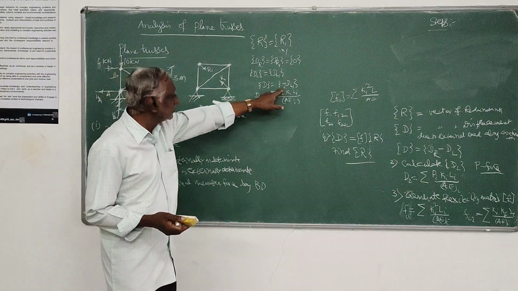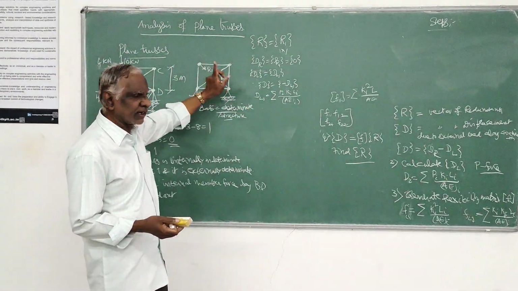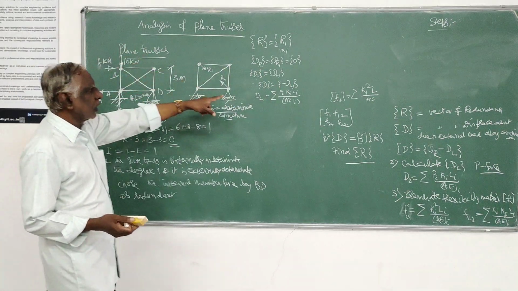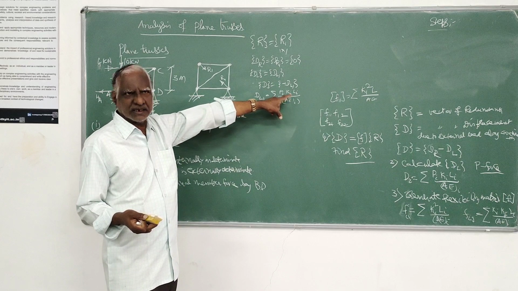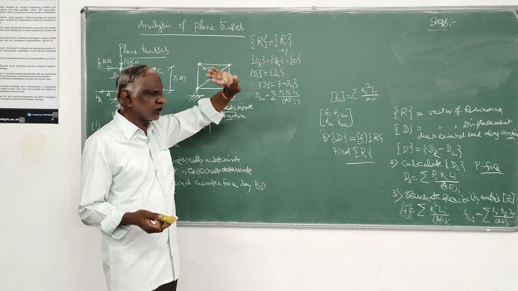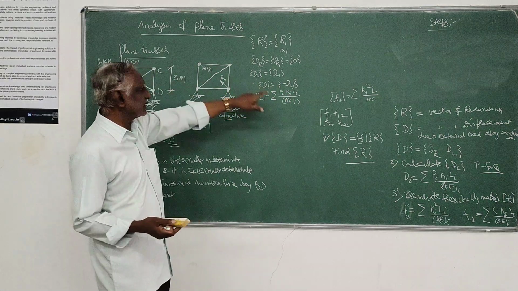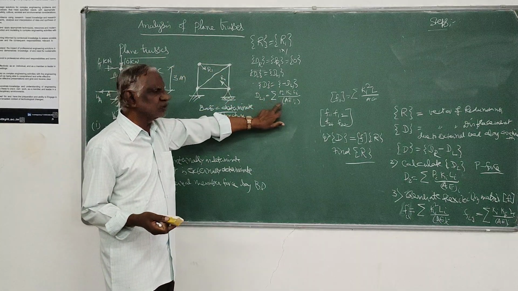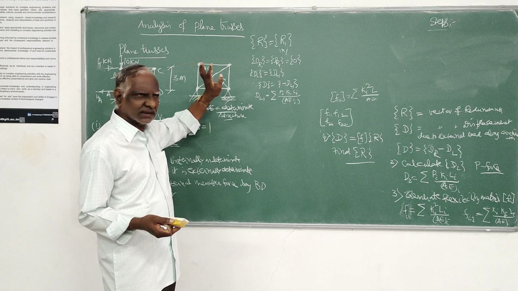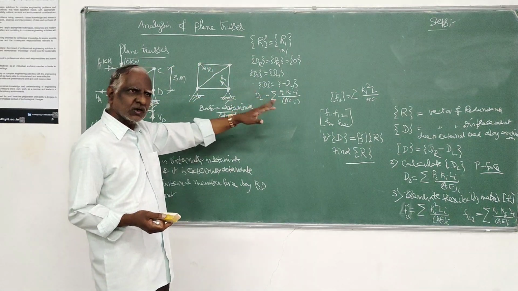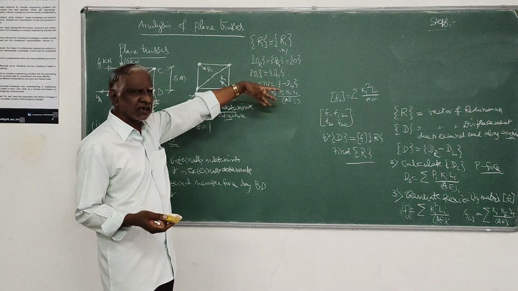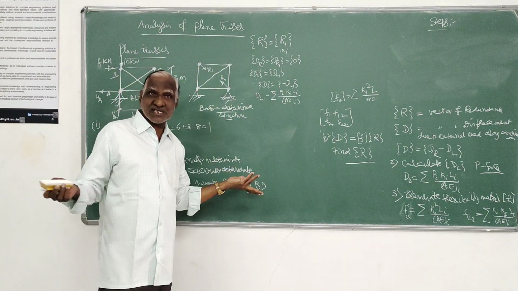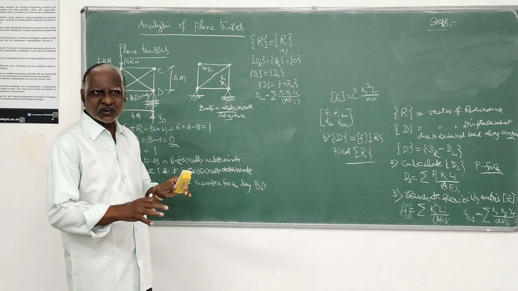Then apply unit force in the direction of the redundant. Evaluate again the truss and find out all the forces k_i, that is i equals 1 to m. L is the length of each member, and A is the axial rigidity of each member. So using this I can straight away find it. The flexibility coefficient you can also determine, that's sigma k squared L by AE, the same formula. Then find the value. That's all the total steps.